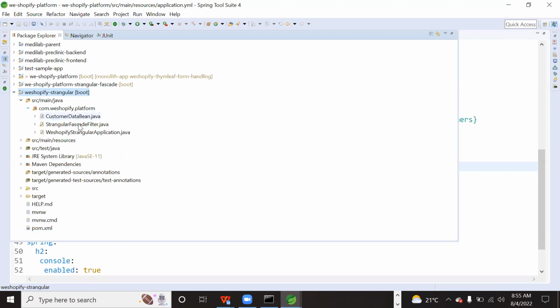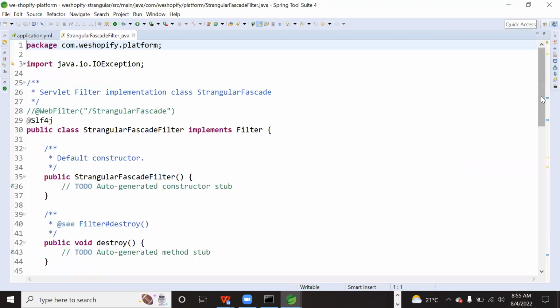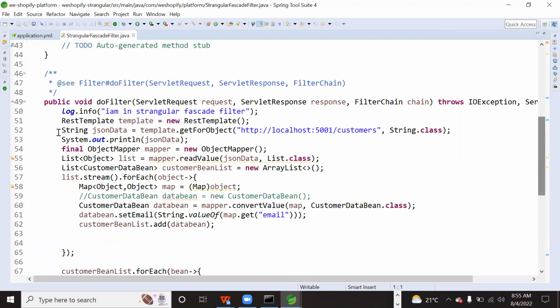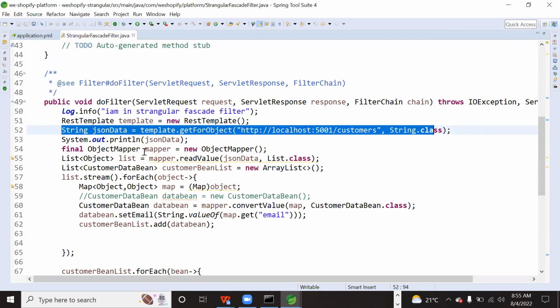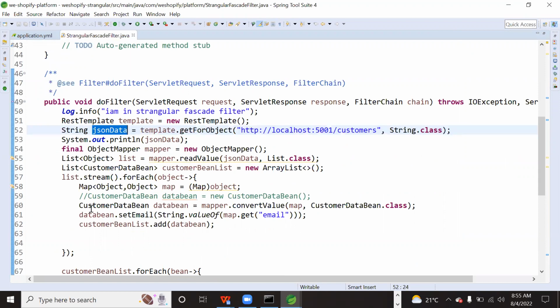What it is doing is, this triangular facade is a filter talking to the customer service, getting the data. That data we are putting inside the session.